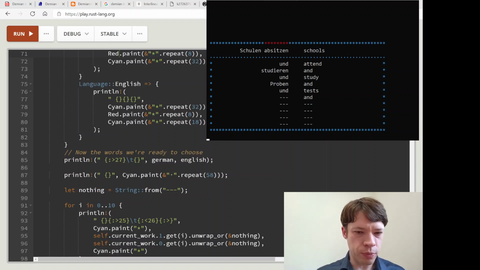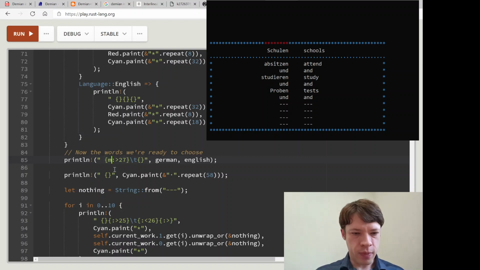But if not, it's going to behave and line up nicely, and that you can see is done with this. This is from the formatting chapter. There's a whole bunch of syntax rules here. If you wanted to call this math, then you could give it its own name, but we're not giving it a name because we have English and German, and the first one's going to be German and the second one's English, so we don't need to give it a name.